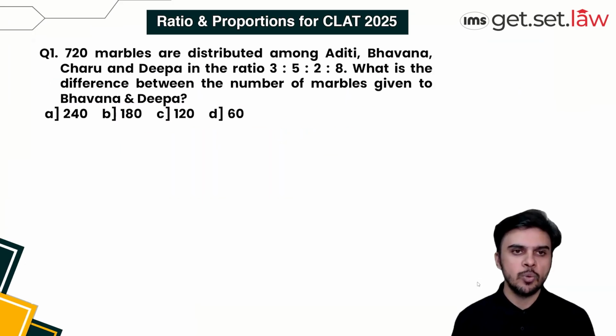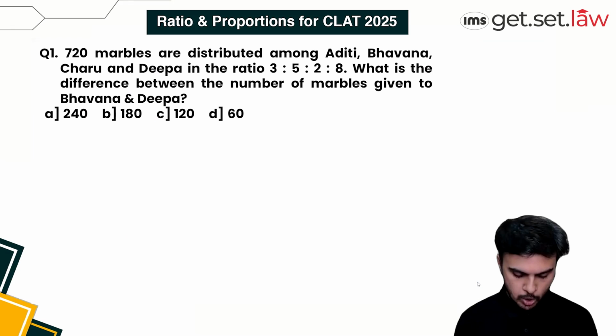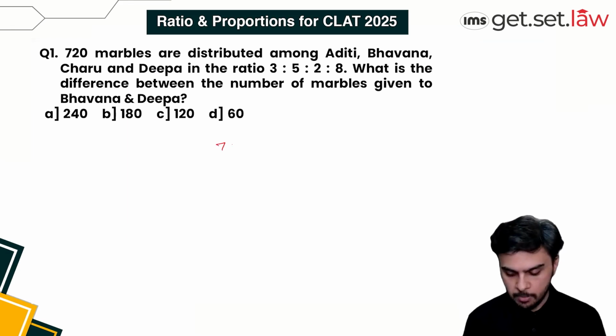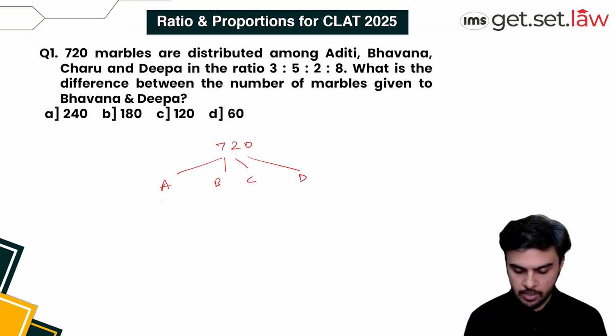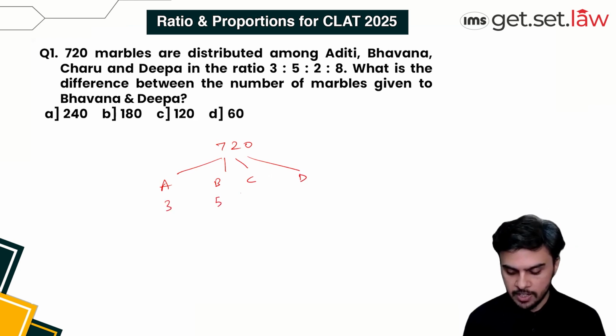Let's look at first question. 720 marbles are distributed among Aditi, Bhavna, Charu and Deepa in the ratio of 3:5:2:8. What is the difference between the number of marbles given to Bhavna and Deepa? So if you look at this question, 720 marbles are distributed among 4 persons. I'll name them as A, B, C and D. The ratio in which they are distributed is